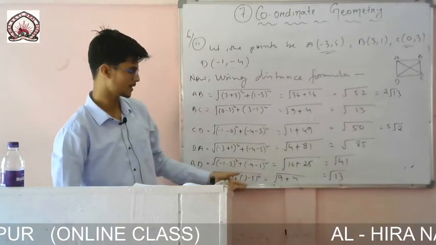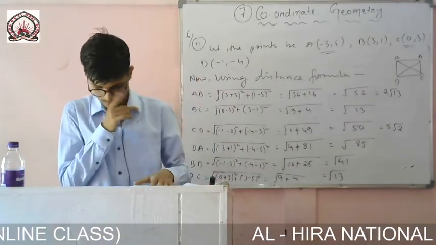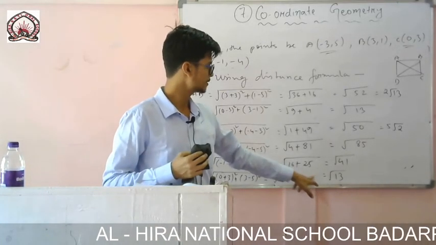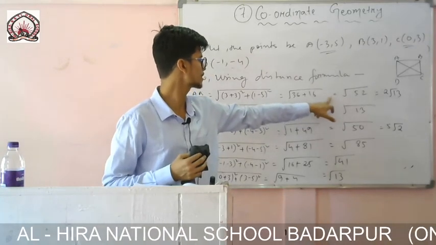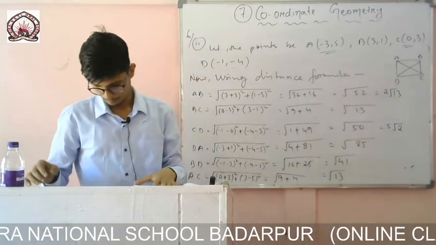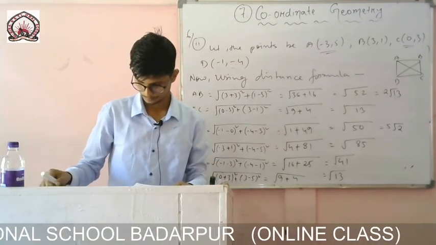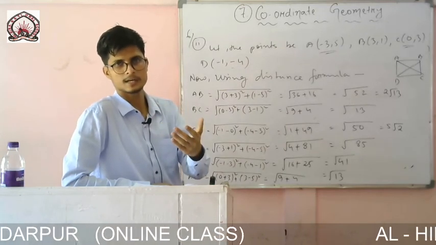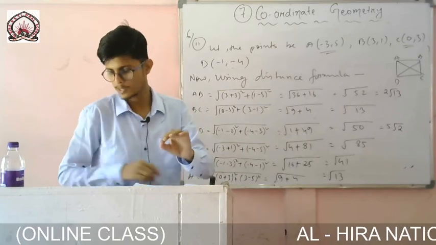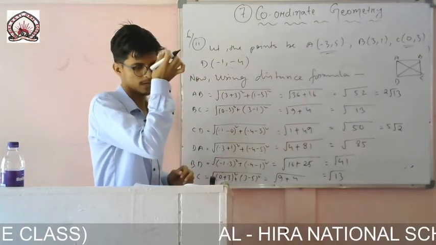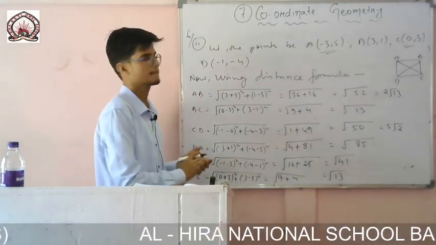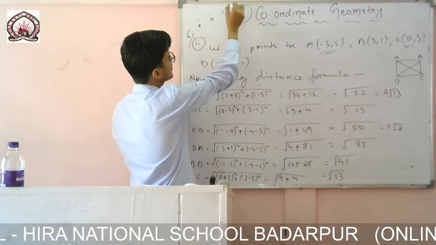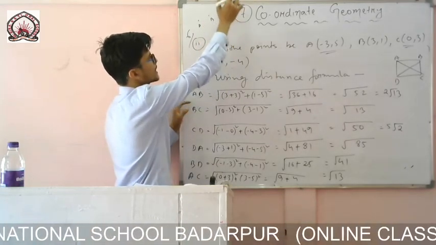Now there is something to notice here: it will not form a quadrilateral, because you see this side is root 13, another root 13, and together they will be equal to this one. Earlier we have done that if the sum of two sides is equal to the third side, then the points are collinear. In case of collinear, I said that if 3 points lie on the same line, then they are said to be collinear. One point was A, one point was B, another point was C, try to recall it.